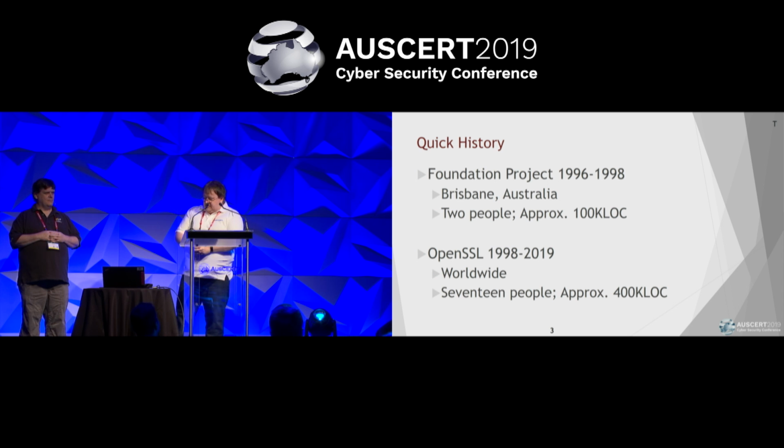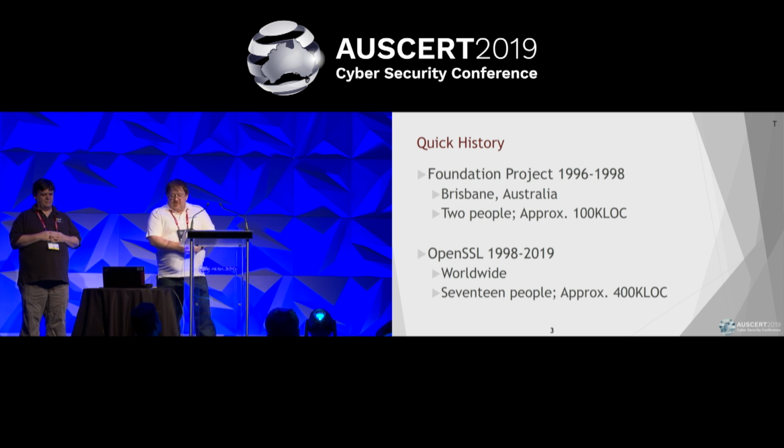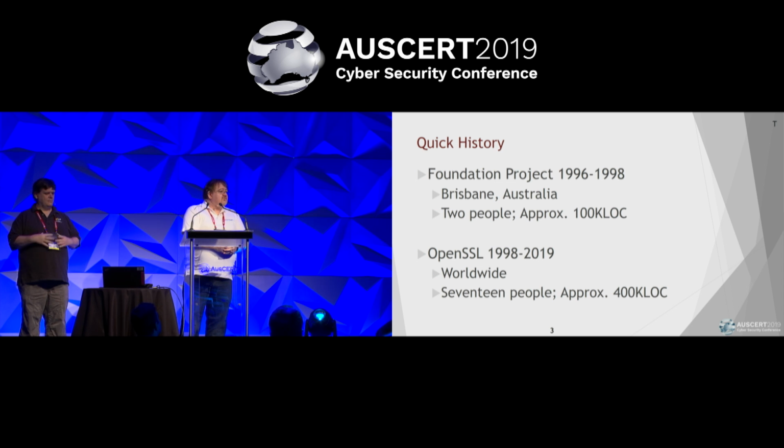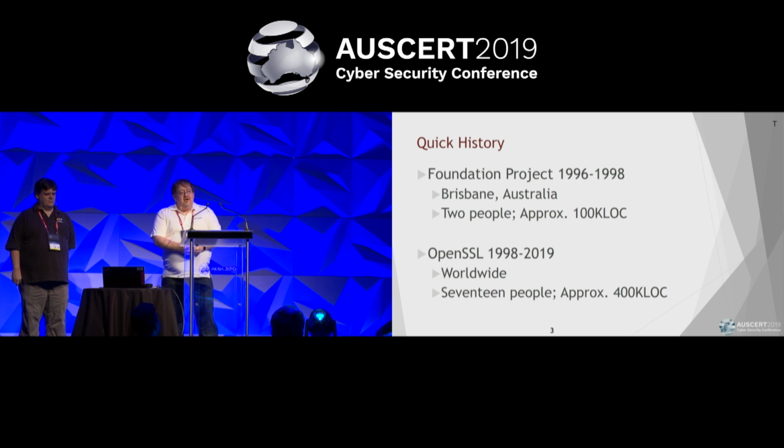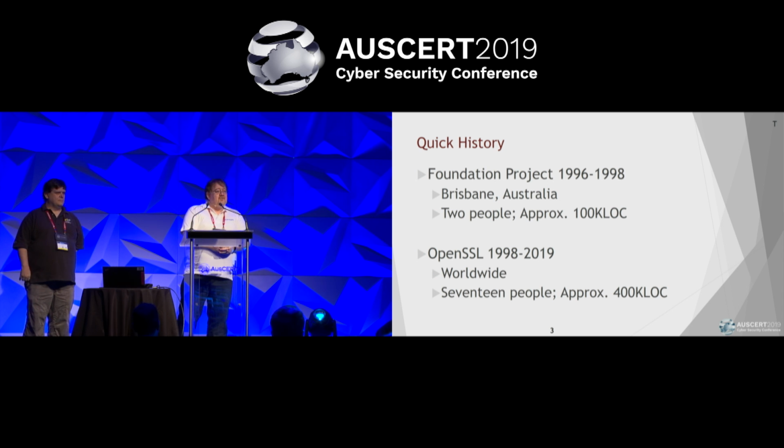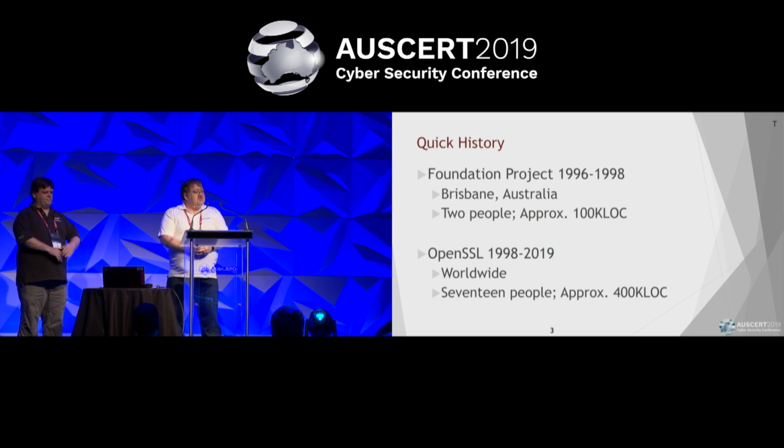Now, if you fast forward about 23 years, OpenSSL is now 17 people and about 400,000 lines of code. So it's gone from two people working on something to a group that's distributed all over the place. And we recently celebrated the official 20th anniversary of OpenSSL. That was in late December last year. And that's with the project itself existing, so it's been around for quite a while. There's a whole new generation of people who've just never known the concept of not being able to have access to a full-strength cryptographic toolkit worldwide. So that's something that we're pretty focused on in terms of being able to provide.